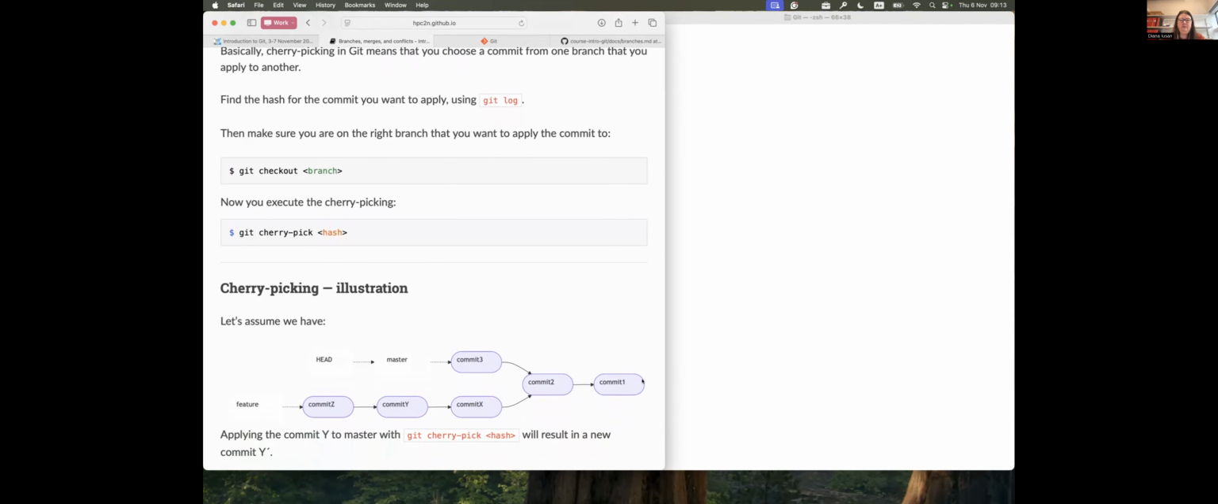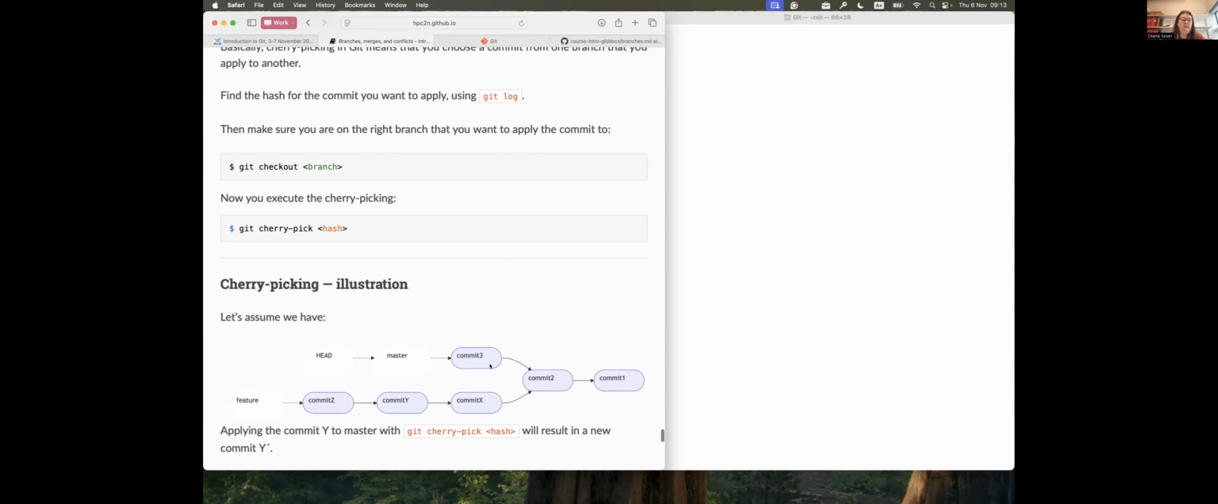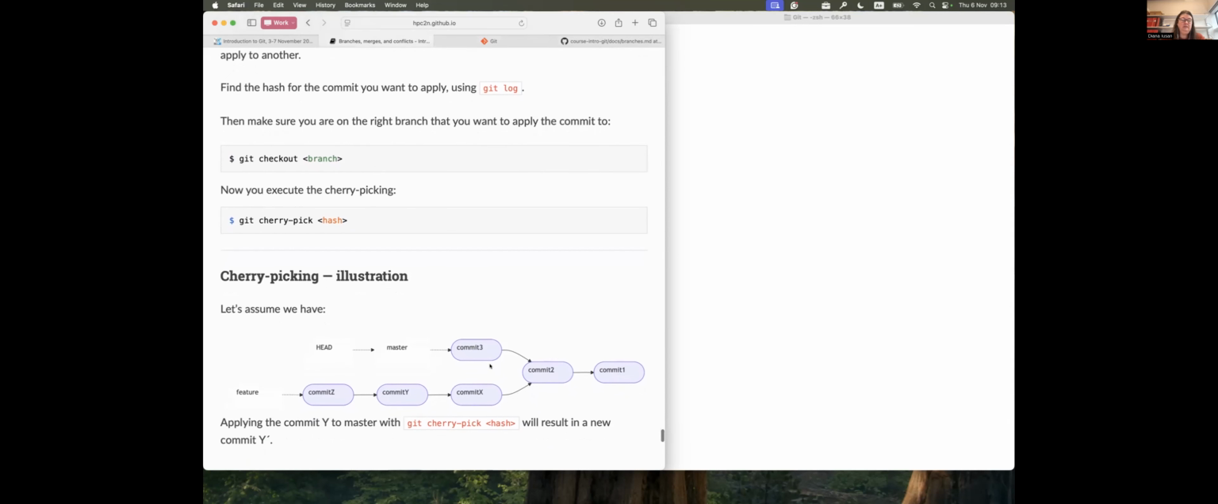So let's assume that we had again some commits on the master branch. At some point in time, I have also created a feature branch. And then the master branch moved ahead as well with a commit three. So now let's assume that we actually want to introduce some of the changes introduced in this feature branch onto the master